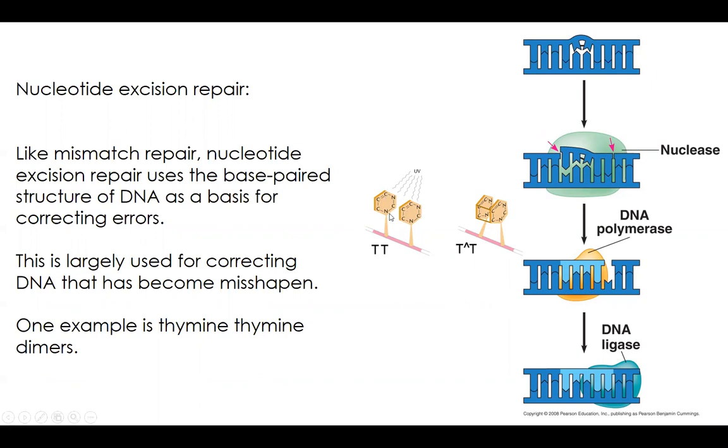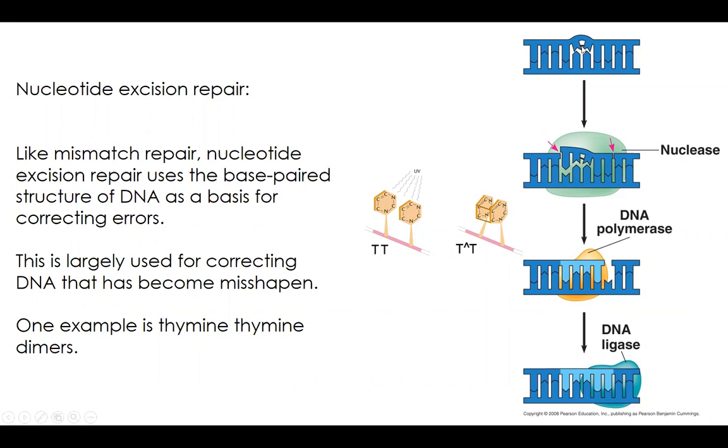if they are next to each other in the sequence, they can actually form covalent bonds together. This is the nitrogenous base, not the backbone. The backbone is supposed to be sealed together. These are like gluing the two nucleotides together where they shouldn't be. Again, that can create a distortion, and this can result in problems downstream because this polymerase, if it